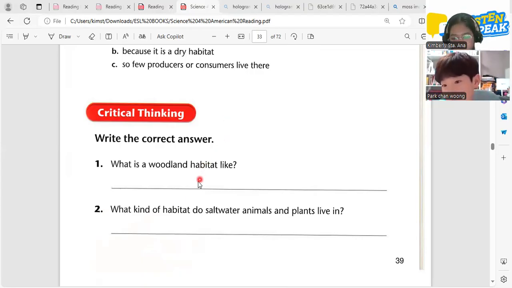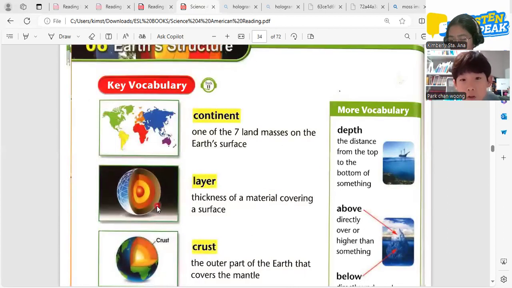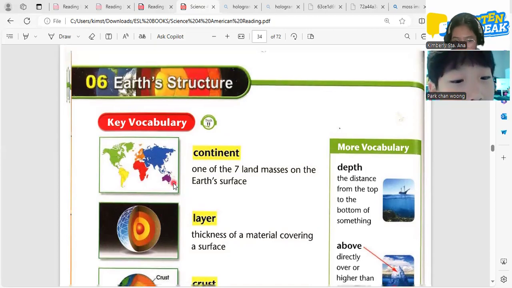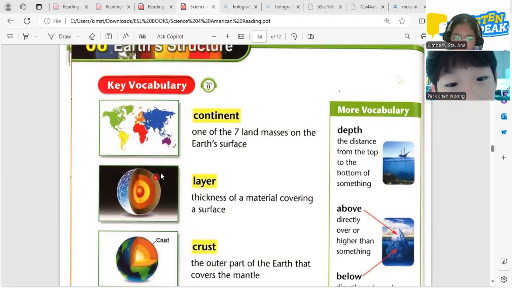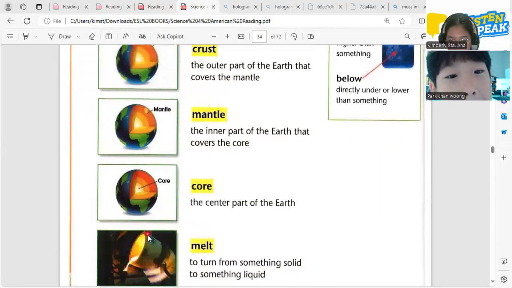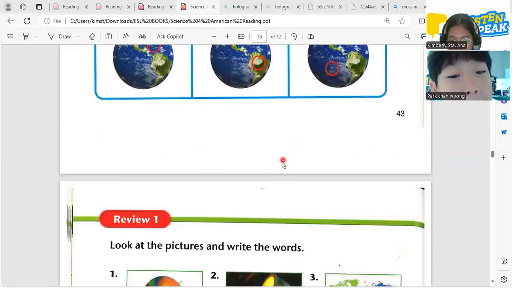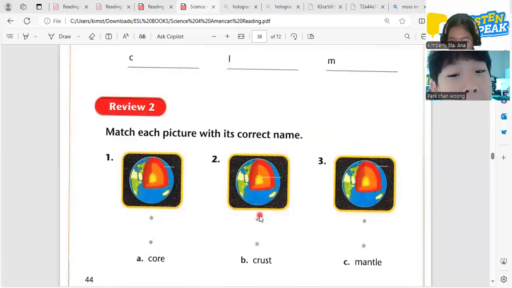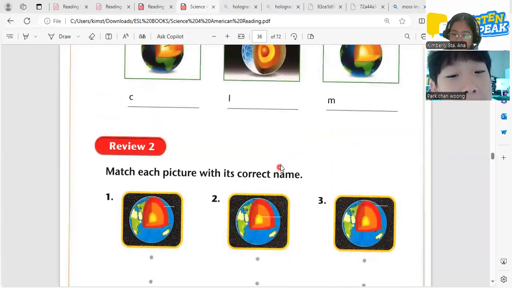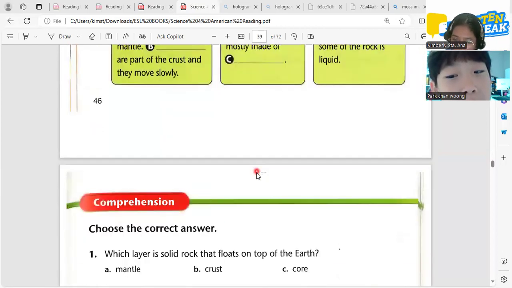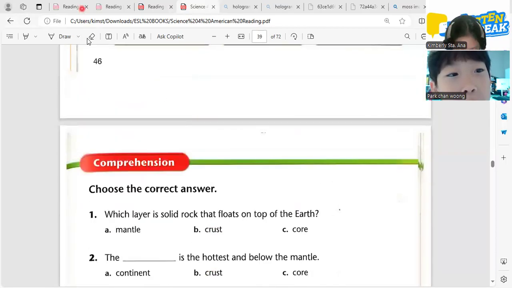So we are almost done for tonight. I'm just going to show you what our next lesson will be. Our next lesson will be about Earth's structure. We will talk about what Earth is, what you can see in Earth, and what other things we need to learn about Earth. Oh, this is so cool. I want to start learning this next meeting. After that, we have a story to read, and then same thing, we answer questions about it. So that's it for tonight.